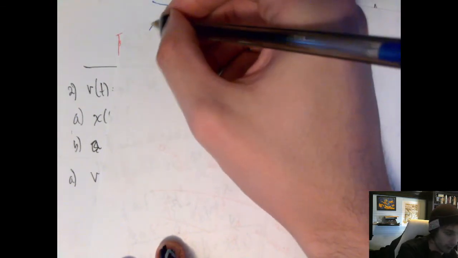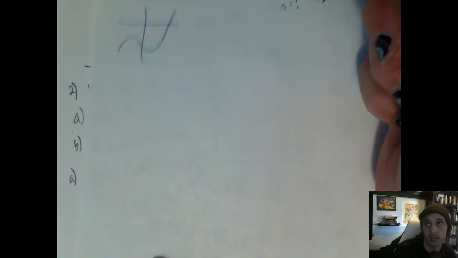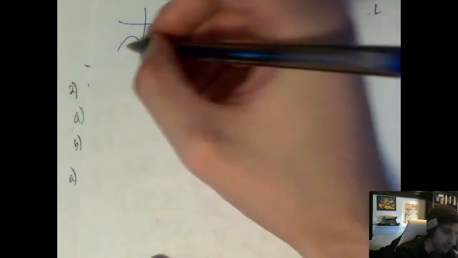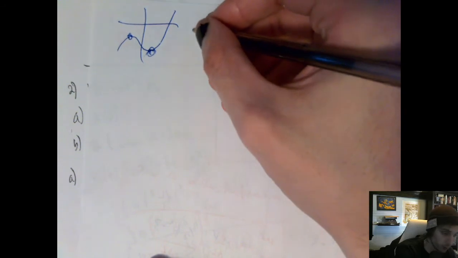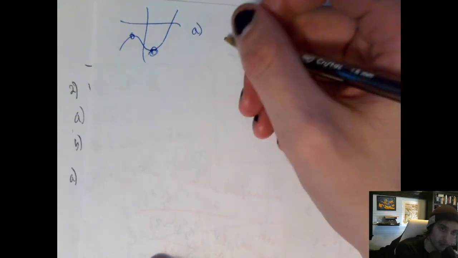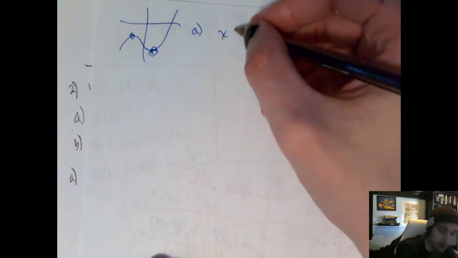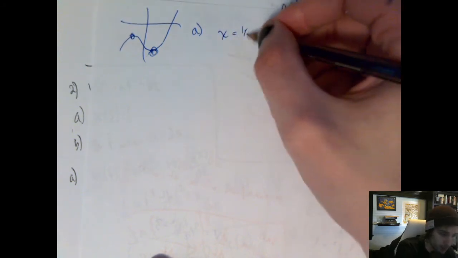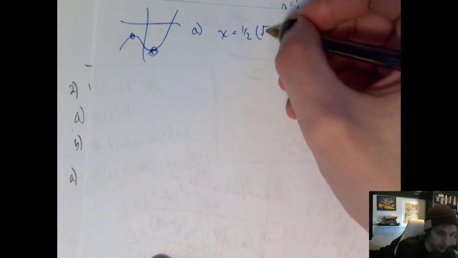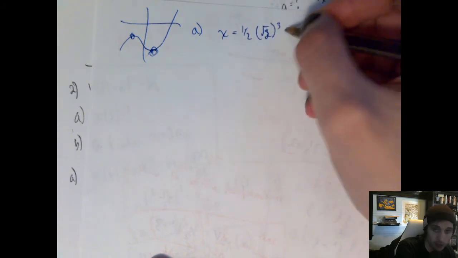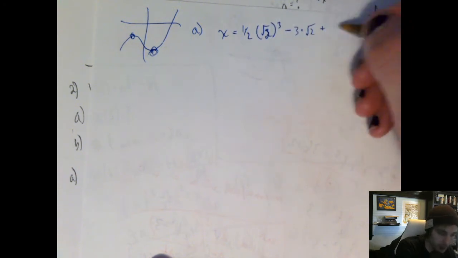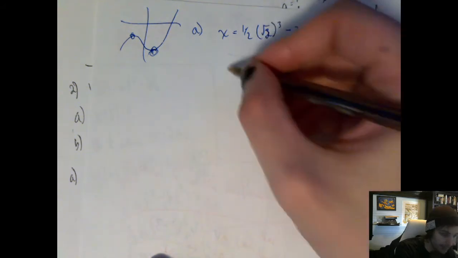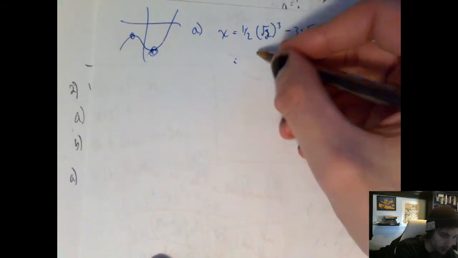So just checking what our function looks like, it probably looks something like this, where it's under the axis the whole time. So this would actually be locally where it is furthest from the origin. We're going to need these points for part C anyway, so there's no real extra effort in double checking by calculating it now. Anyway, if I take that second time and plug it in, we'll get x equals positive root 2 to the third minus 3 times root 2 plus 2. And at that point, what we'll wind up with is